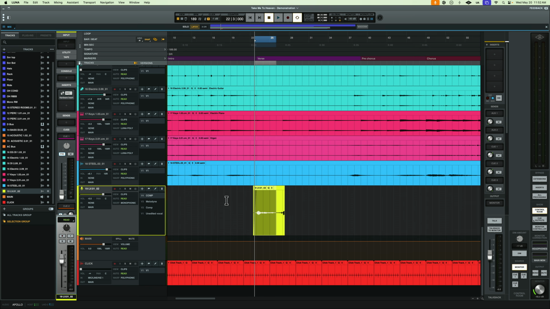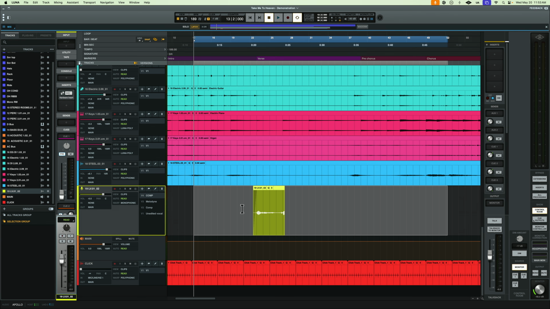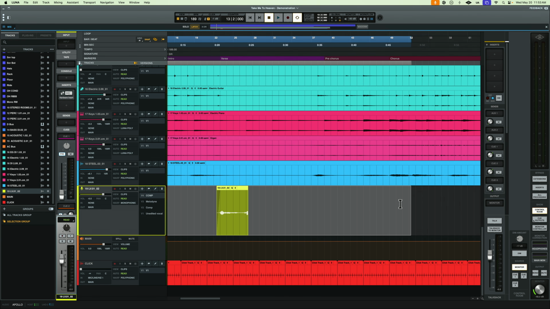And if you really want to make this extra nice and extra special, maybe when you go into comp mode, maybe there's a temporary track lane that pops up, and that's where you see these other versions. And the main track lane gets populated as you send things up to the comp lane. Whatever happens, I'm sure it's going to be well thought out because I'm going to assume that comping is the biggest ask right now for people who use Luna. And so I'm sure they're putting a lot of stock into it,